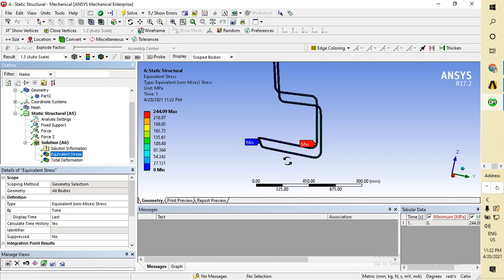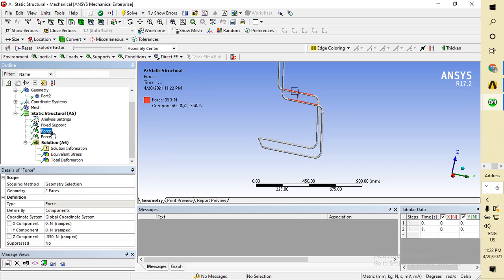So this is not a wise idea, to decrease the force that is acting on the body. 350 Newton means about 35 kg. It can maximum take 35 kg, but in the real world we have to make a chair design which can take up to 100 to 150 kg.